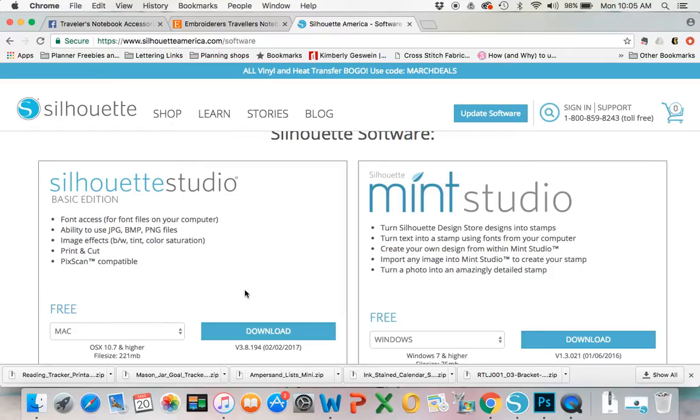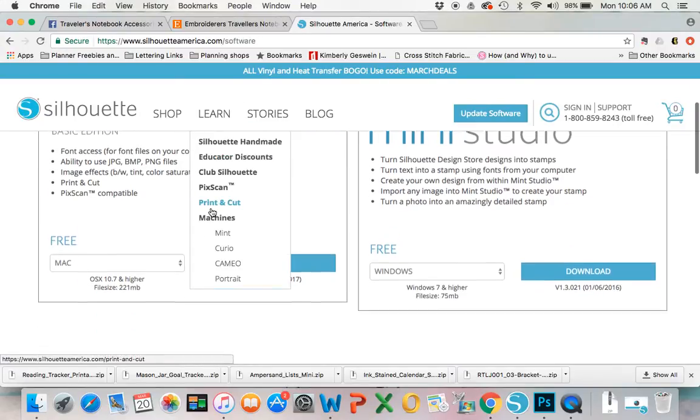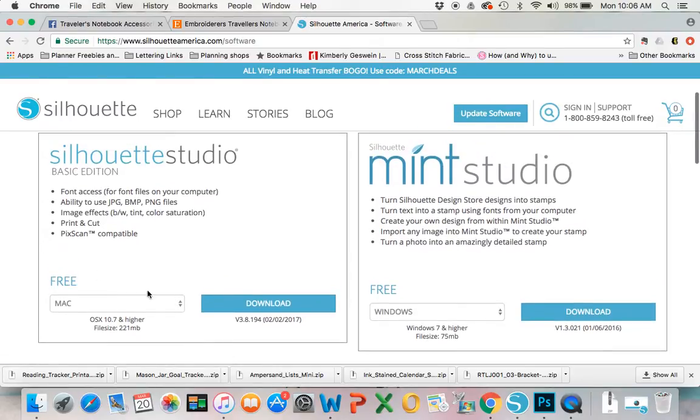You can get it on a Mac, or you can get it for your desktop, whatever the case may be. I think I actually have Designer Edition. I'm not really sure which one I have, but it will hold true no matter what. If you go to silhouetteamerica.com/software, the first one that's up is the basic edition. You'll see it's free, and you click download,